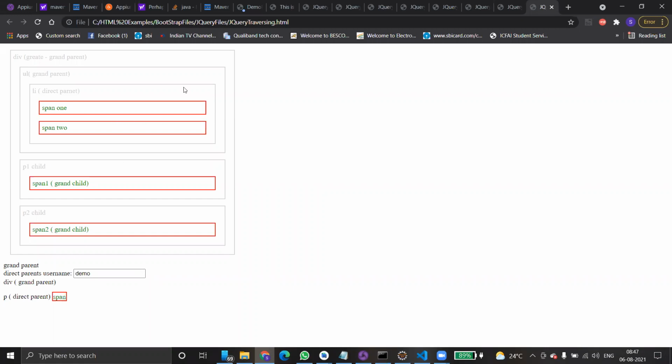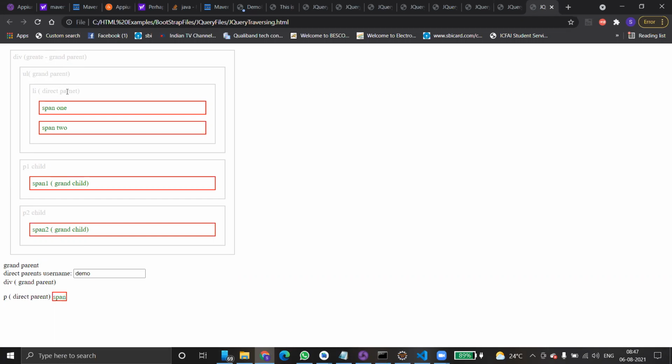Who are the siblings in this page? Span 1 and span 2 are siblings. Okay, correct. P1 child is a parent to span 1, and this P1 child is actually a child of the division. He is a great grandparent. He is a grandparent.